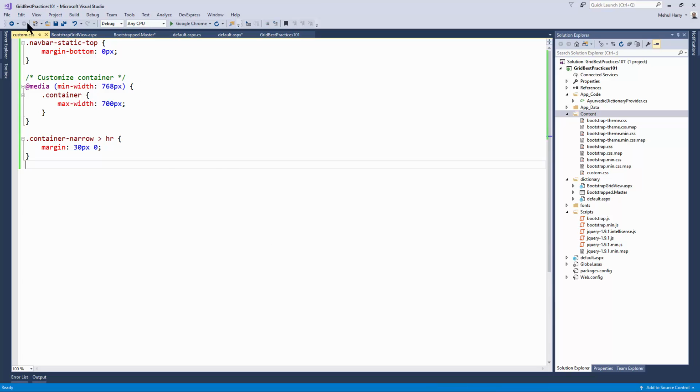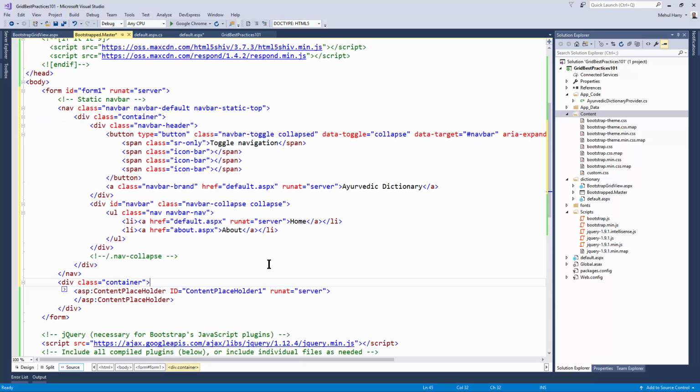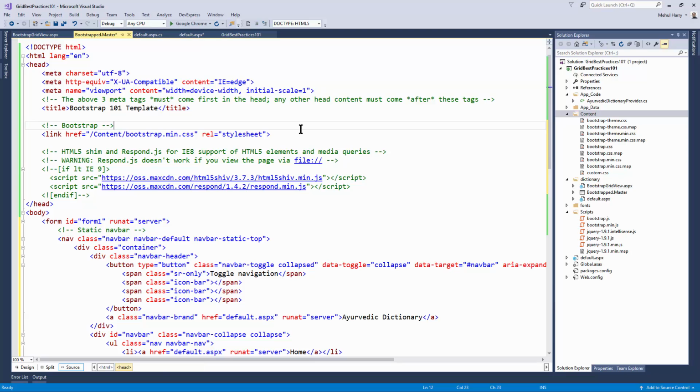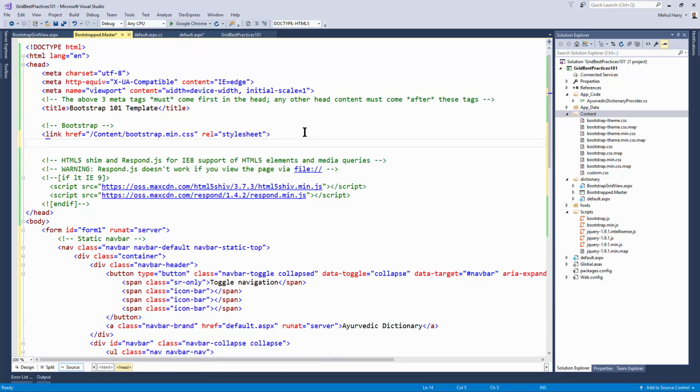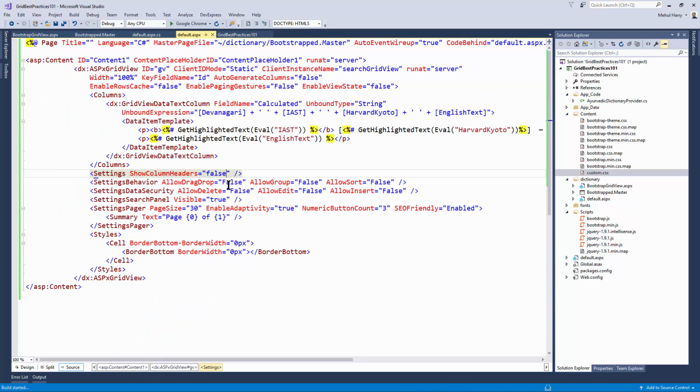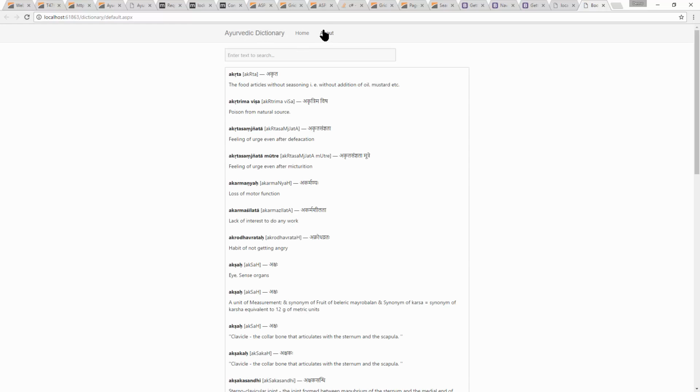Okay, now because I've got this custom CSS, it won't actually make any sense until I bring it into our master page as well. And to do that, we'll simply drag the link in here as well. Okay, now if we take a look at our default aspx page, we can see we're looking more and more like our sample,